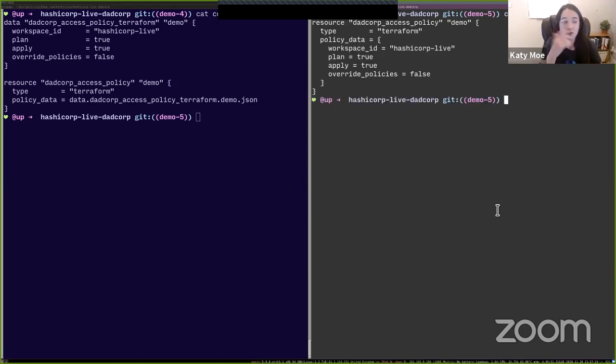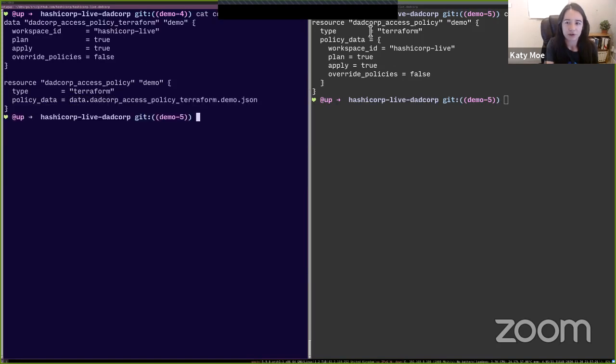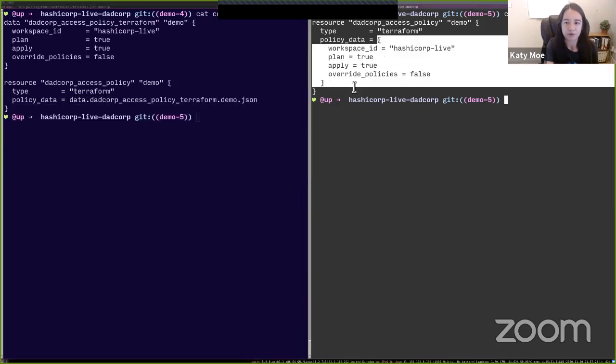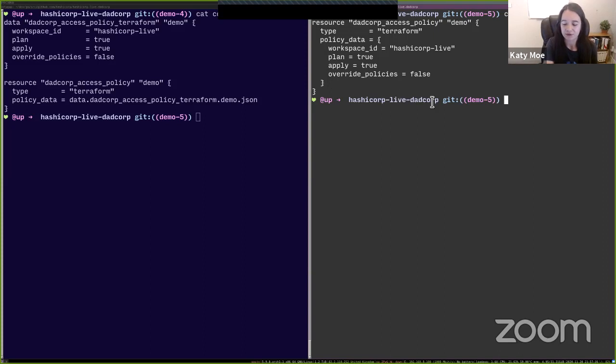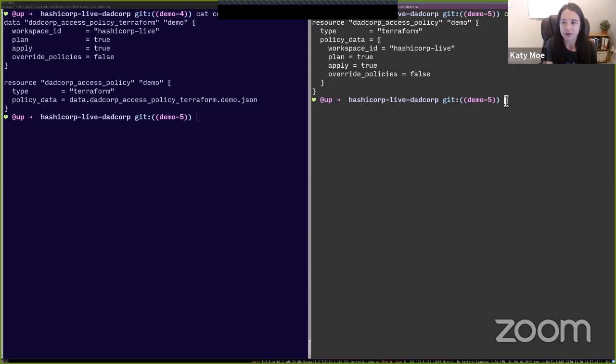So in the new implementation in Plugin Go of this resource, which I'm going to show you in a moment, we don't need this data source anymore, and we don't need to be putting strings in our config. We can actually treat this policy data object, despite the fact that its keys may change and the schema doesn't necessarily know what it's going to be, as HCL. So if you see here, the user has just written this in normal HCL. It's not a string, and we can now see into this and validate it as well.